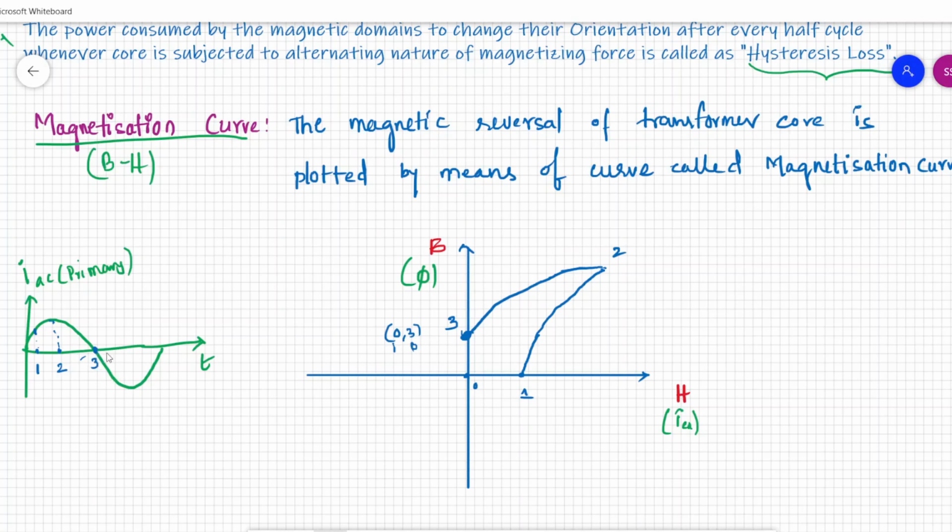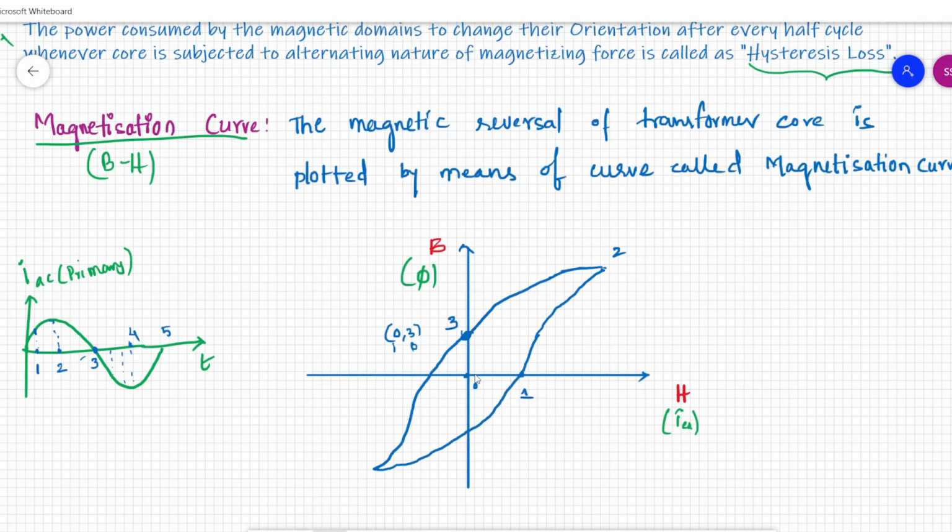Now the supply current is going to the negative half cycle. So let us take this instant, the fourth instant, which is the negative maximum. The current will be negative maximum, so the flux will be negative maximum. And after this point, from the 4th to the 5th instant of supply, the flux will try to increase again. So this is the process.